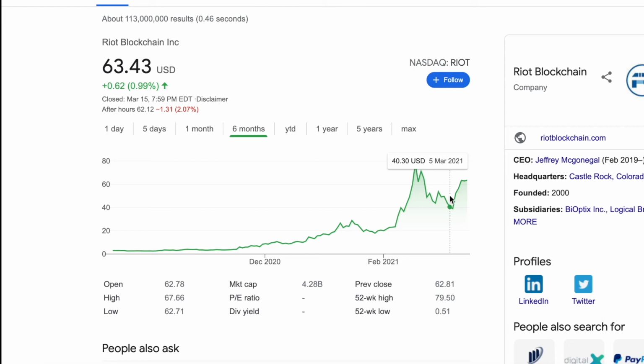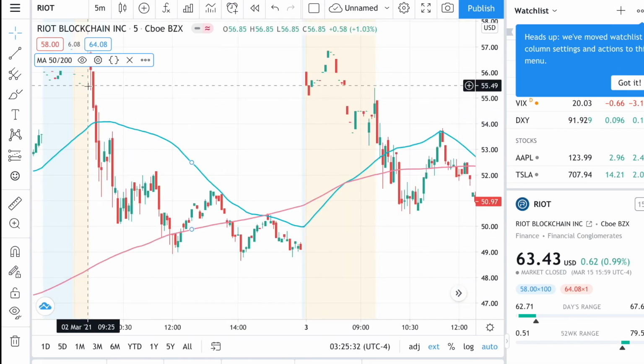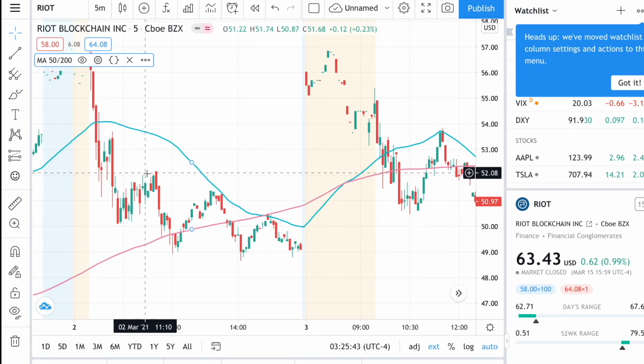Now, why don't we do intraday trading? Or at least, why don't I do intraday trading? Day trading means you open a position and you close it on the same day. Okay, so imagine we saw this drop and we caught it right at the bottom at about $50, and we timed it perfectly, which never ever happens, and we sold it right at the top of this day,